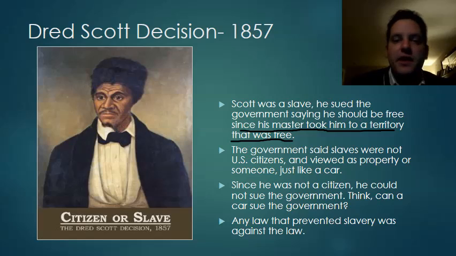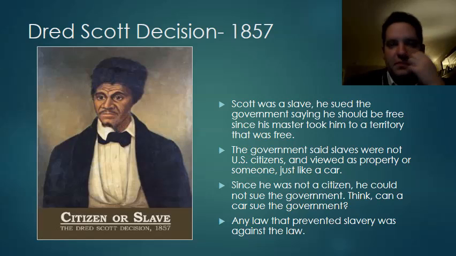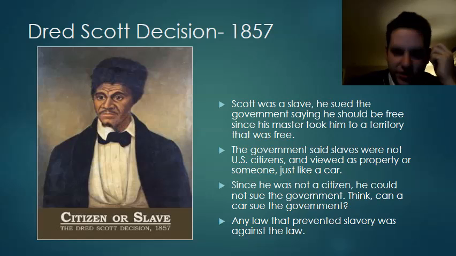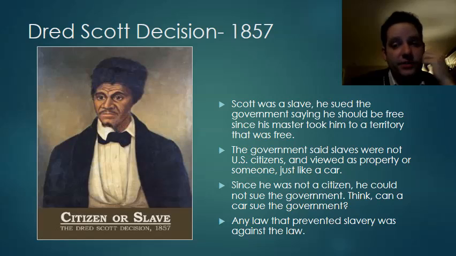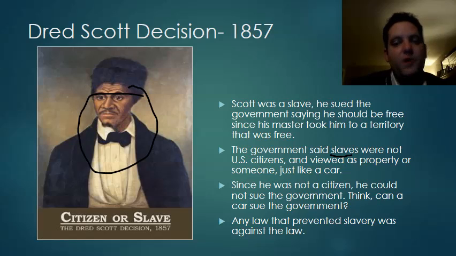I shouldn't be. So this is not good for the United States. Once you know what this Dred Scott decision is, it's not a good decision. It's a very bad decision. So what the government said is slaves, like this guy, were not U.S. citizens. They were viewed as property of someone, property of a master,